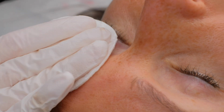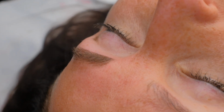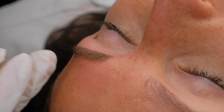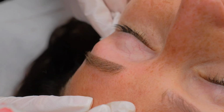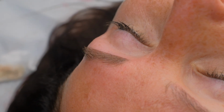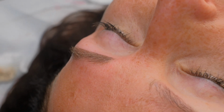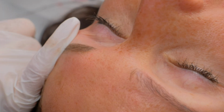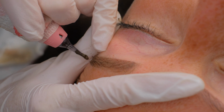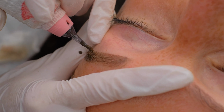The only thing I can do, I can see that the pigment is going into the skin. The only thing I can do is to continue and saturate it a little bit more, and that's it. And to explain to my client that maybe it will not be beautiful even after the second procedure, because of the skin. You know, it's easy to tattoo beautiful skin and young skin, but not everyone in my studio has beautiful and young skin, so